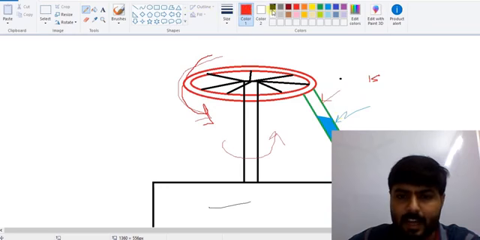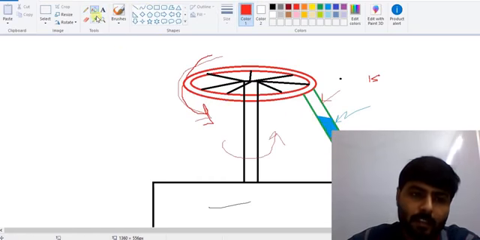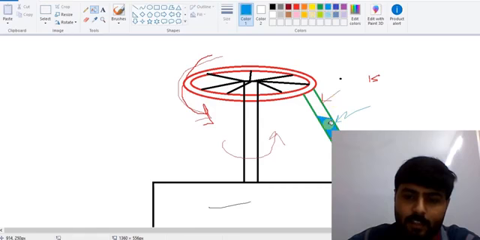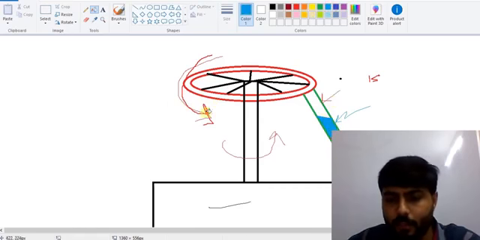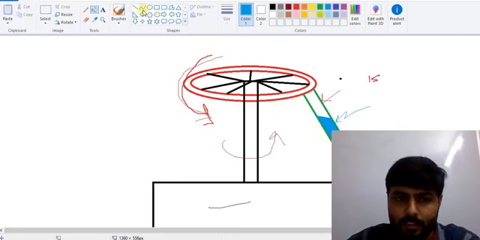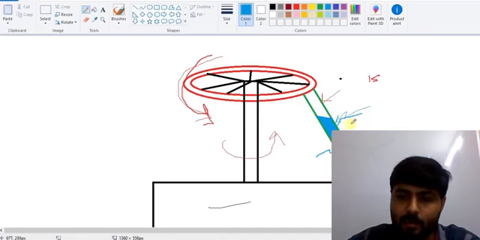Suppose the red particles are heavier, denser. After a few minutes I can see that the red particles will be here, and the blue particles will be near the center. Here you can see the blue particles. So after a few minutes our liquid will look something like this. Here we have the denser particles at the bottom and here we have the lighter particles near the center or upside.